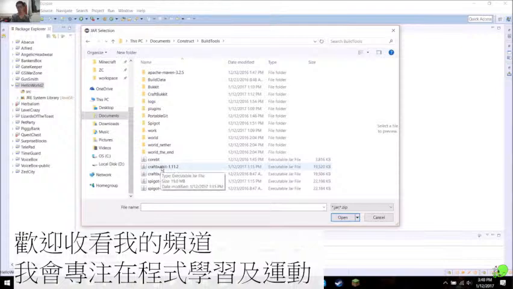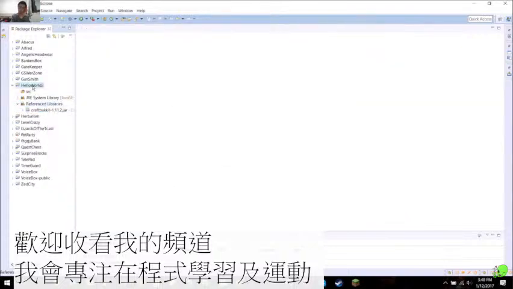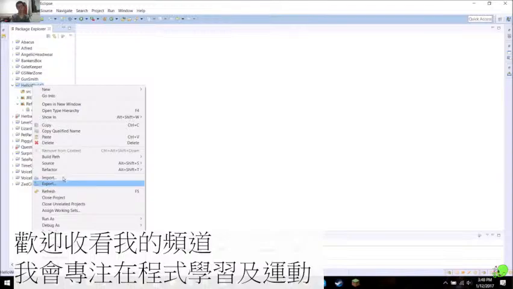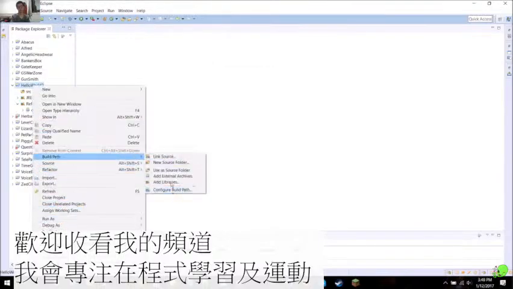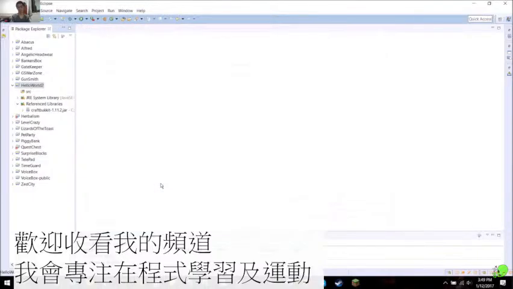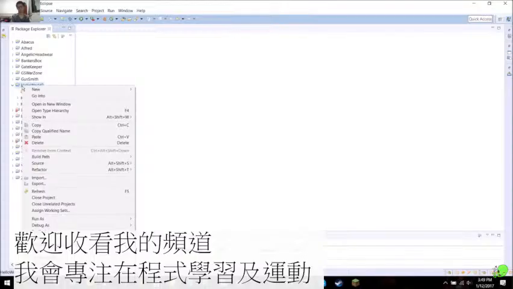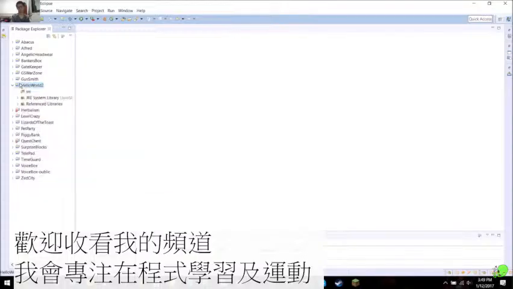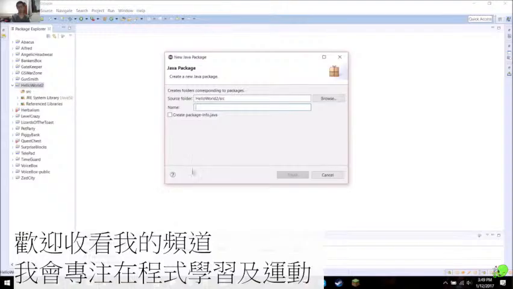So go ahead and click CraftBukkit and import that there. Build Path, External Archive, add the Spigot version as well. You can see we've got our reference libraries here. Now we can create a package. What we're going to do is click your folder, right click it, click New, and scroll to Package. Now for your package name, I usually keep them the same for